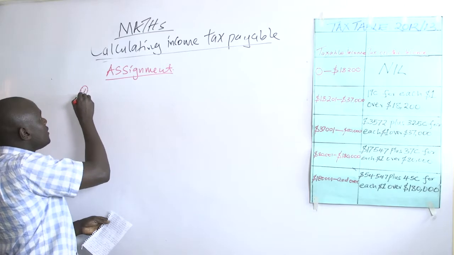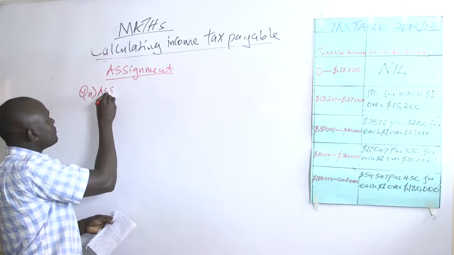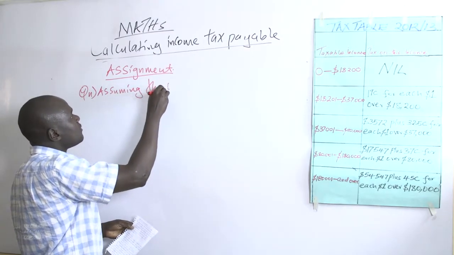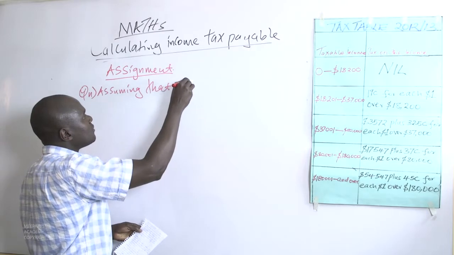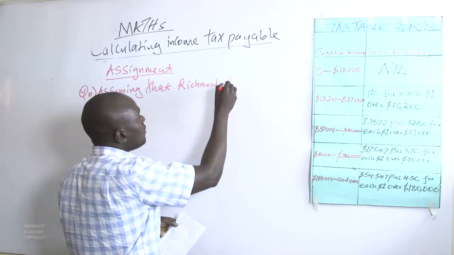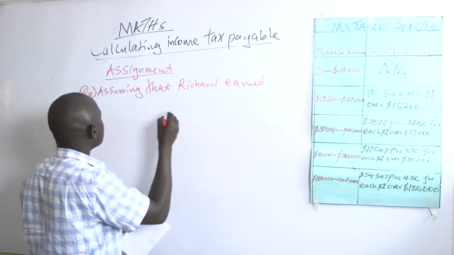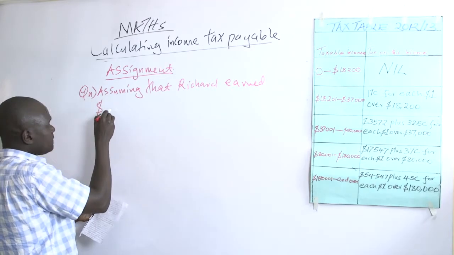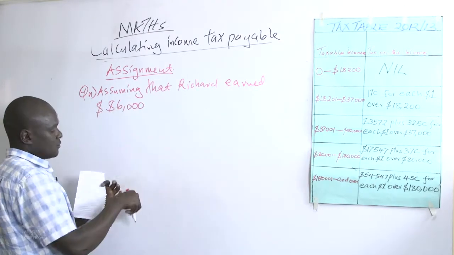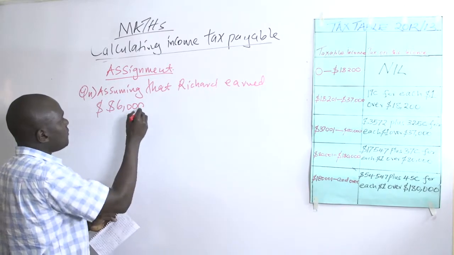The question is, assuming that Richard earned a total of $86,000 per annum,